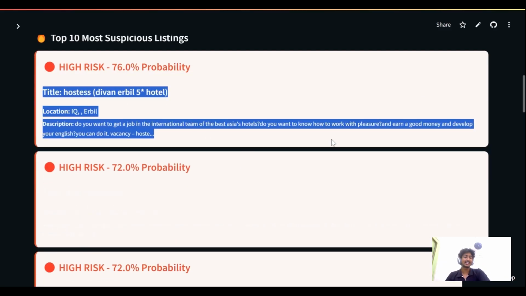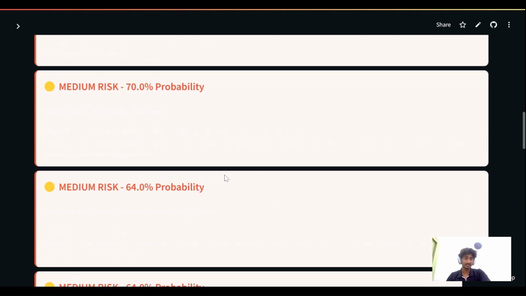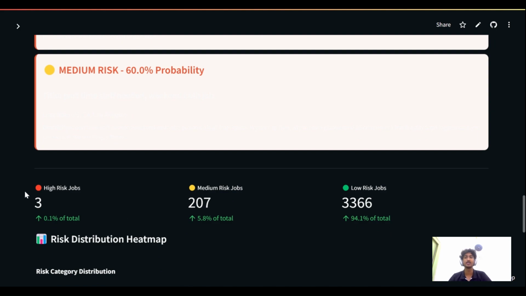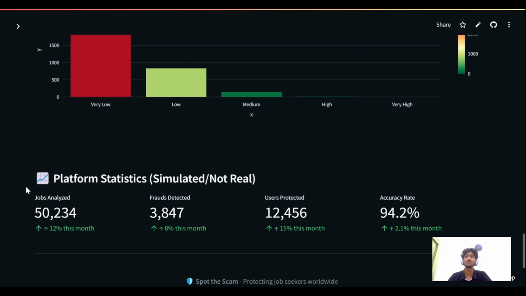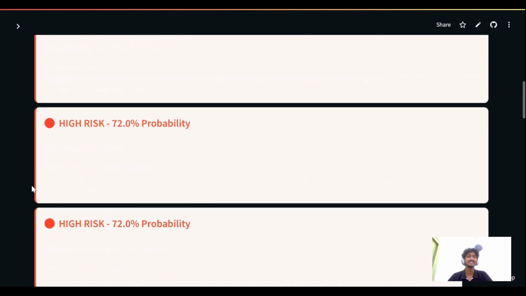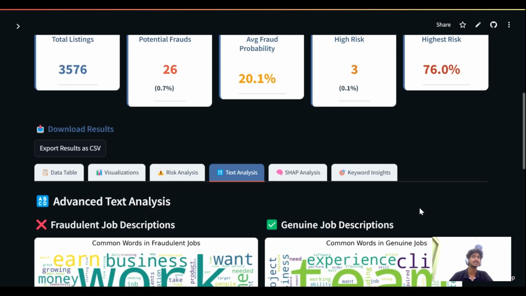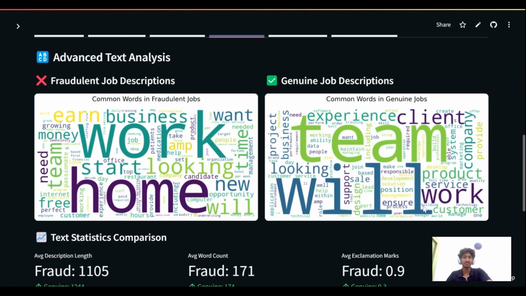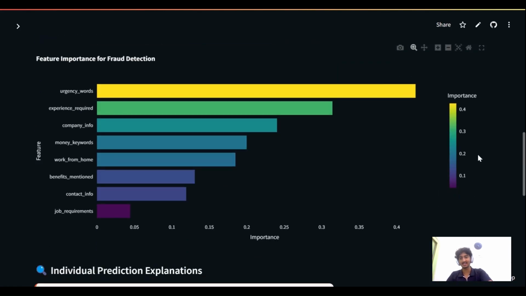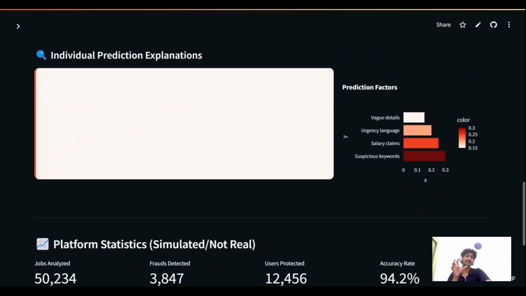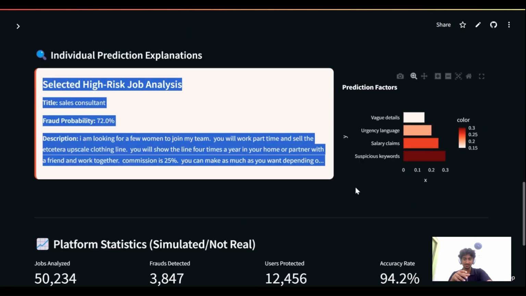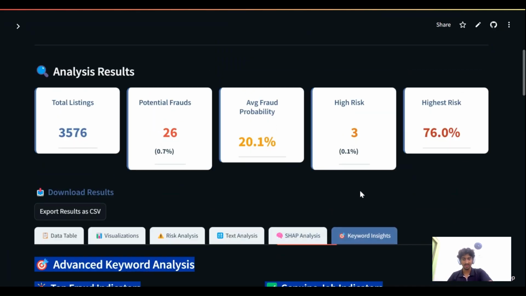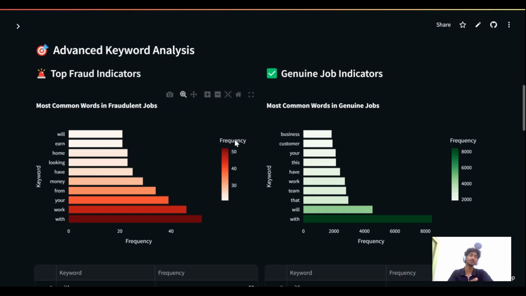Then we come to the interactive dashboard, which is the trickiest part of it, because you can train all of the data and get all the outputs, but to display it, visualize it, clean it, and present it is the biggest challenge in my opinion. The interactive dashboard, which we host using Streamlit, is a user-friendly UI for batch analysis. It allows you to upload a CSV of job listings and visualize fraud risk distribution with explainable AI, SHAP, for model